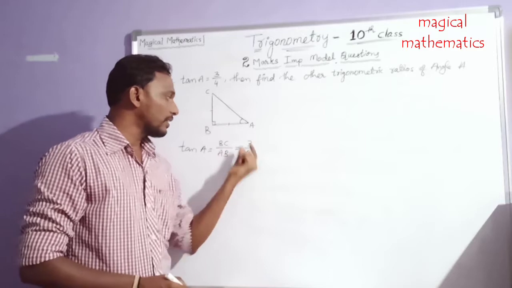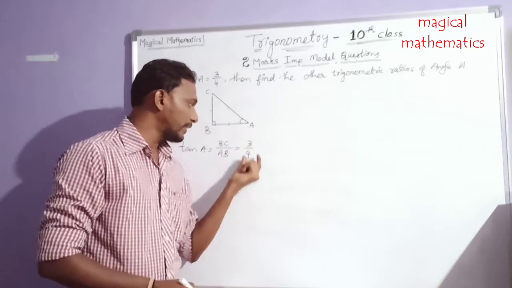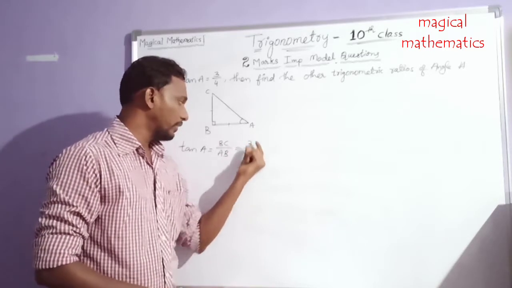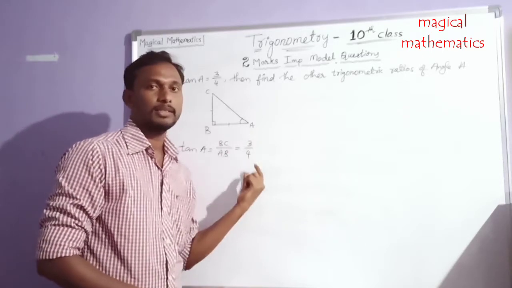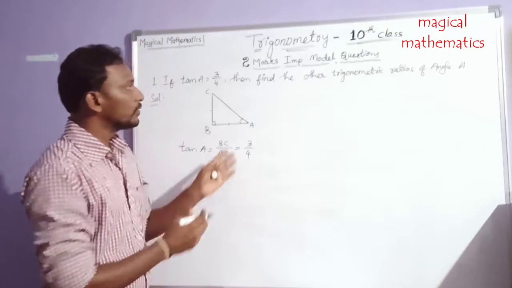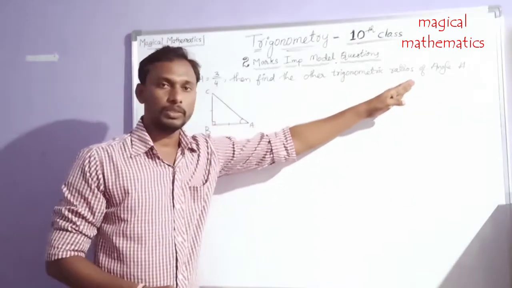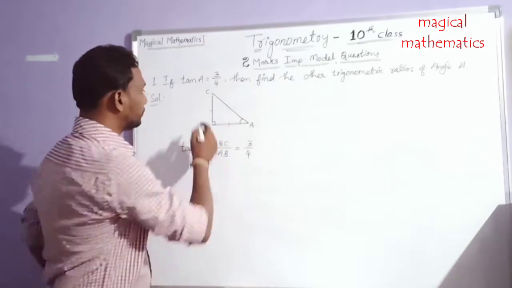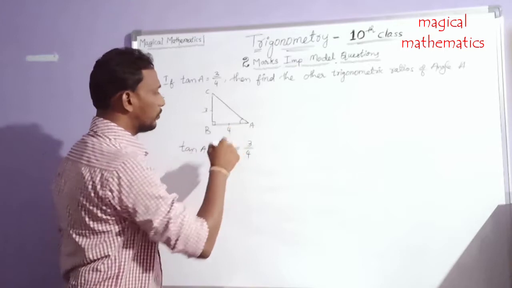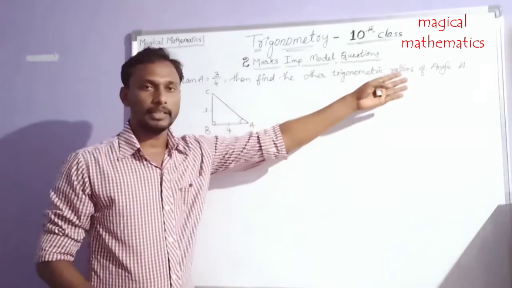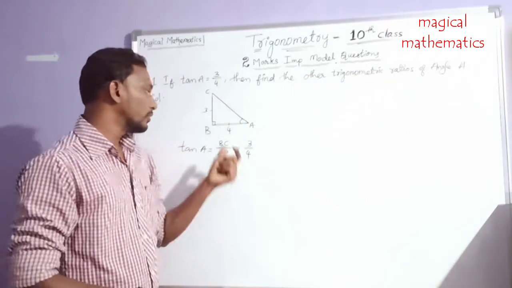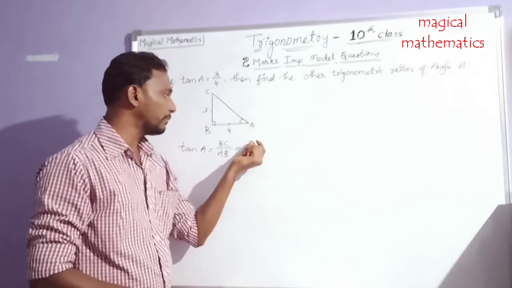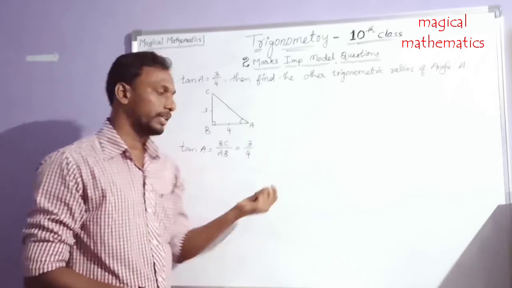These lengths are not exactly these values. BC is not exactly 3 and AB is not exactly 4. Anyway we are getting the ratio, that's why these are the simplest form values only, right? So we can consider directly BC equal to 3 and AB as 4. Anyway after taking the ratios we will get the simplest forms. Otherwise, we can take some multiples also, 3k and 4k, right?